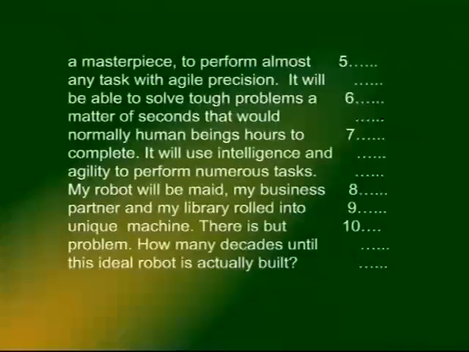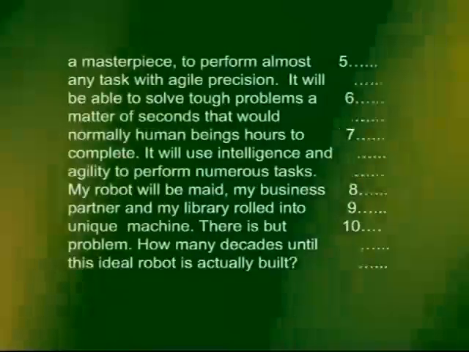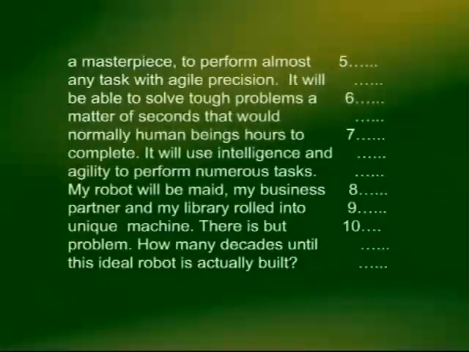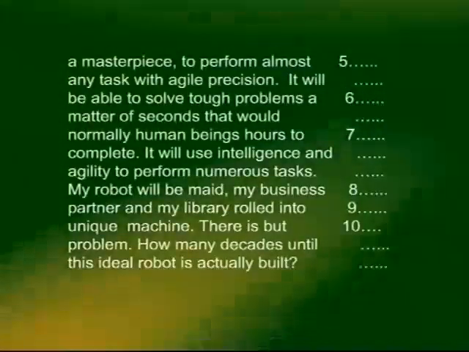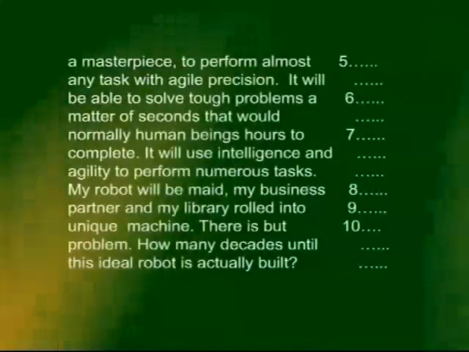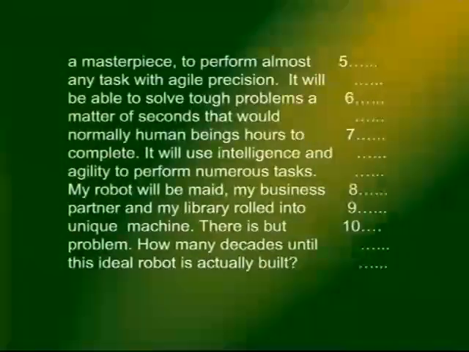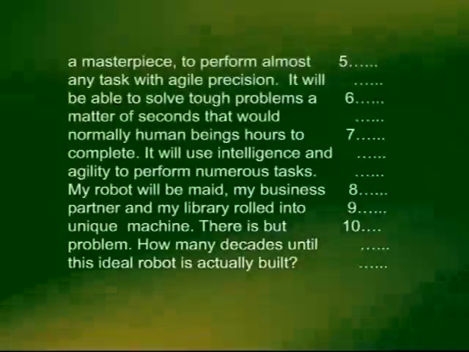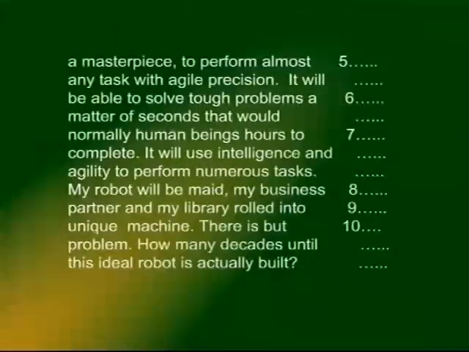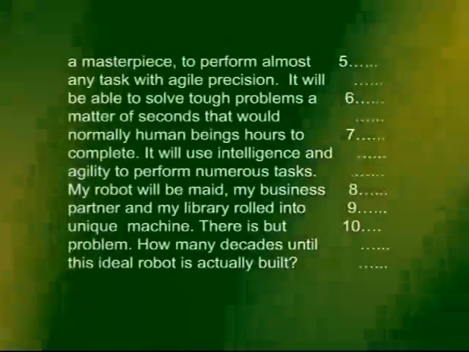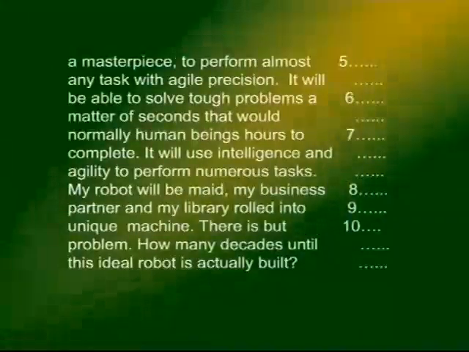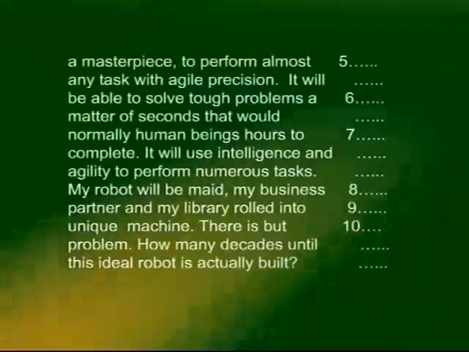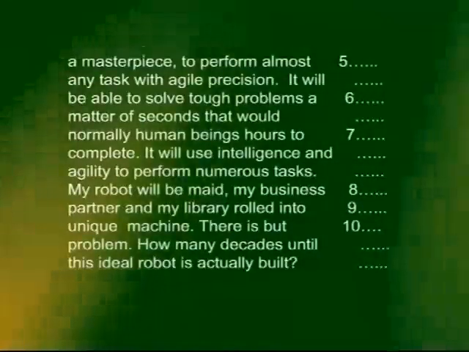Number 8, my robot will be my business partner, and my library. So you've got plenty of clues over there. You've got my business partner and you've got my library. So there's something missing. My robot will be my maid. So you can put a slash between be and maid. My robot will be my maid, my business partner, and my library rolled into